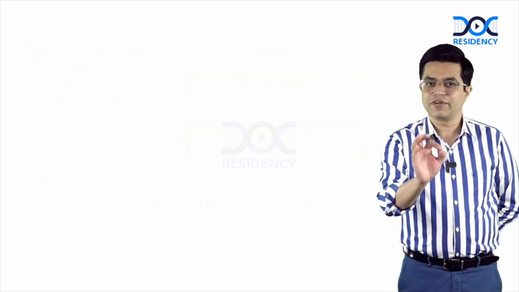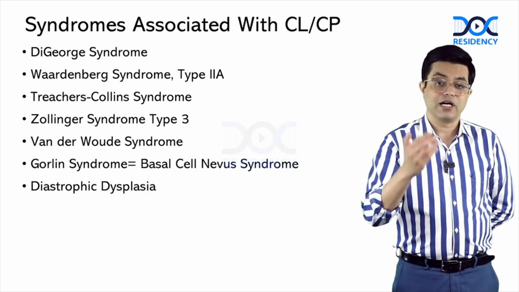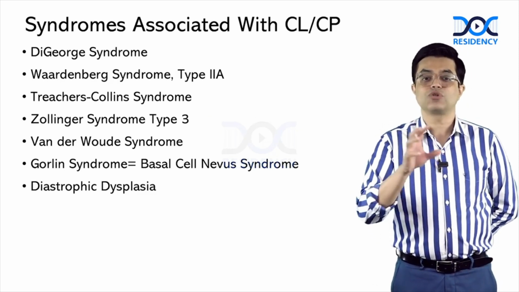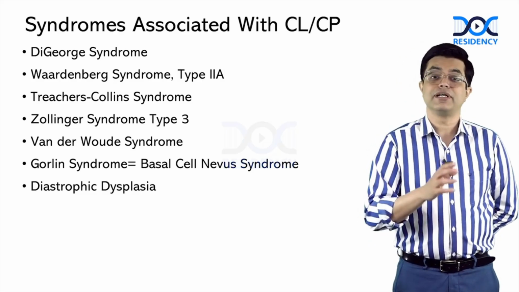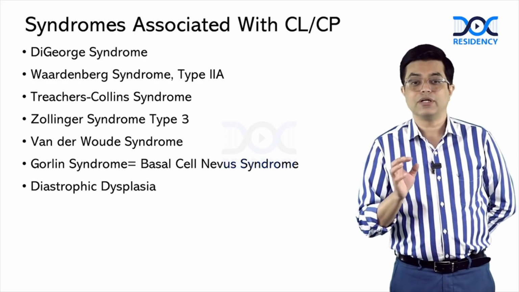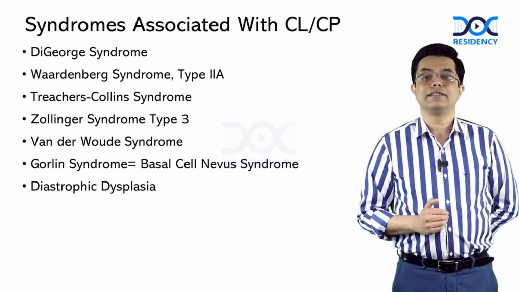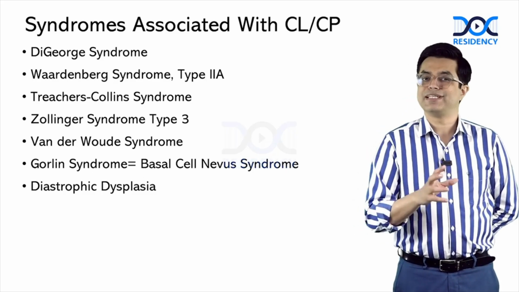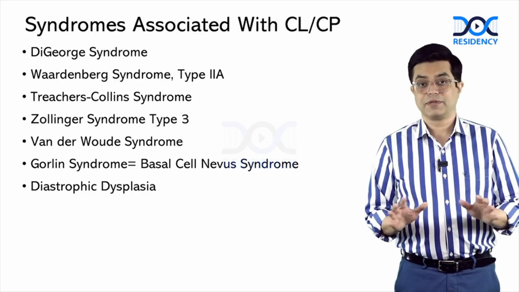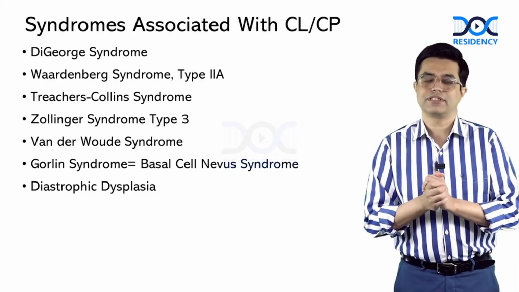So, the common syndromes where cleft lip and cleft palate occur include DiGeorge syndrome, Waardenburg syndrome, particularly the type 2A variety. They occur in Treacher Collins syndrome. They occur in Zollinger syndrome type 3. They are a part of Van der Woude syndrome. They also occur in CLP ectodermal dysplasia syndrome. And there is Gorlin syndrome, that is basal cell nevus syndrome, where they are often found. Last but not the least, dystrophic dysplasia has also been described as a part of the syndromes in cleft lip